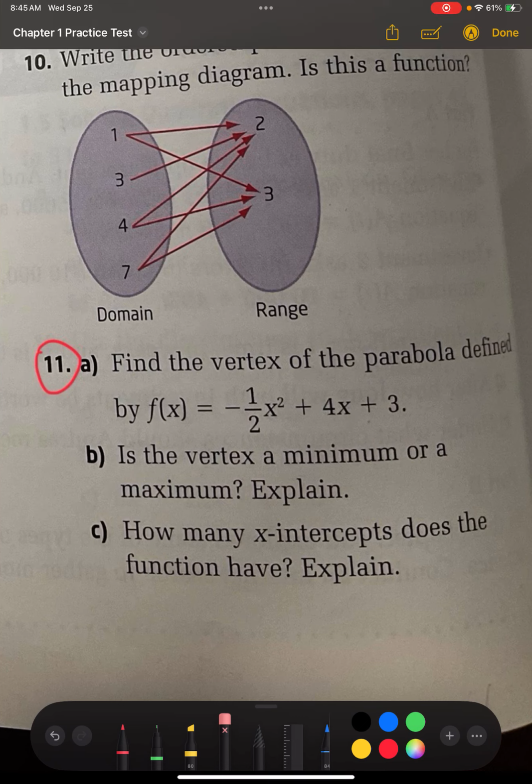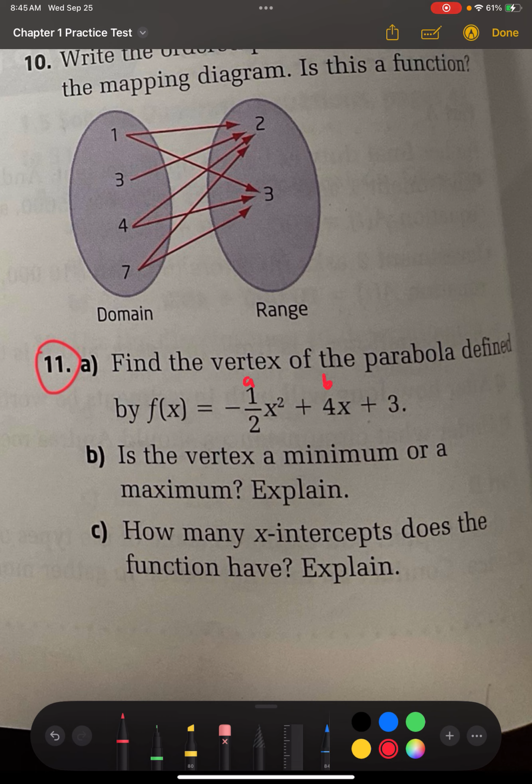We're looking at question 11. It says find the vertex of the parabola defined by this term. And what we have now is the vertex of the parabola. You could complete the square if you wanted to, but the easiest way is to recognize that in standard form,